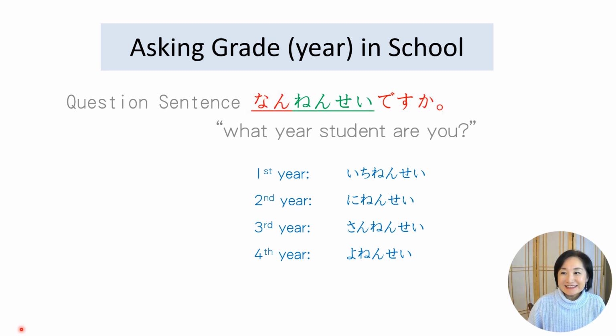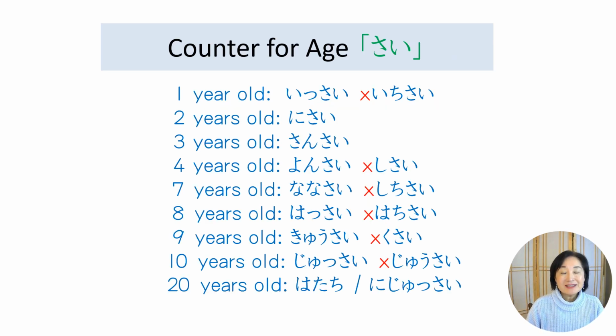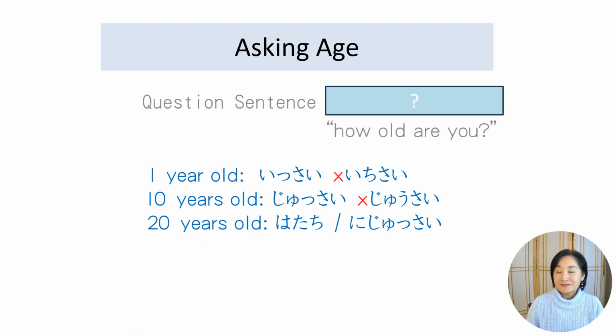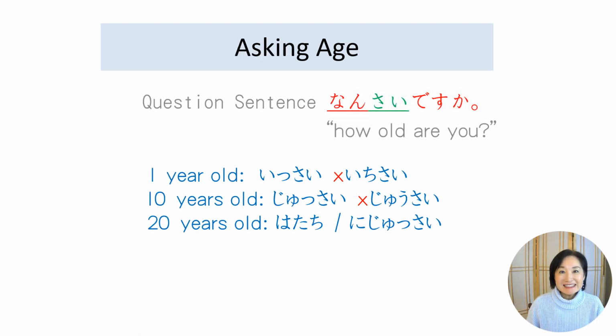何年生ですか？そうです。And then, if you're a first year student, you can say 1年生です。Let's remember the counter for age. It is 歳。1 year old is 1歳. 2 years old is 2歳. 3 years old, 3歳. Okay, ask me a question. How old are you? How do you ask that question? The question sentence will be 何歳ですか？いいですね。